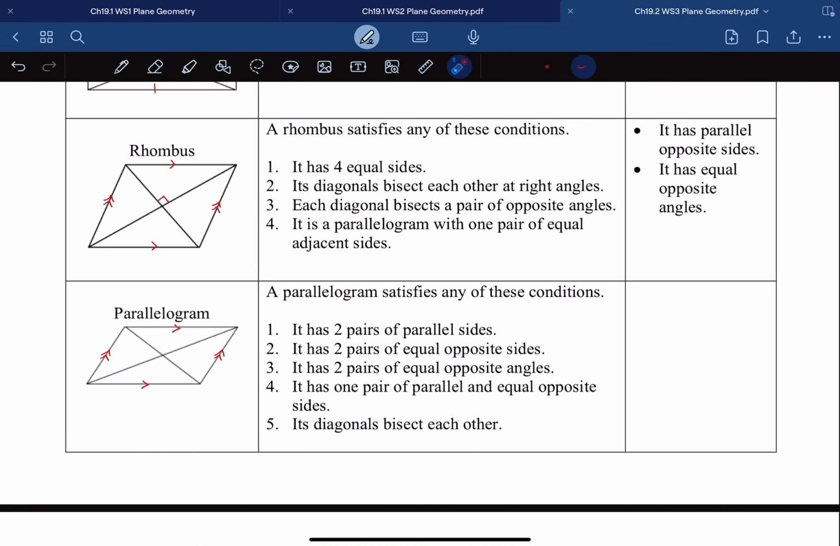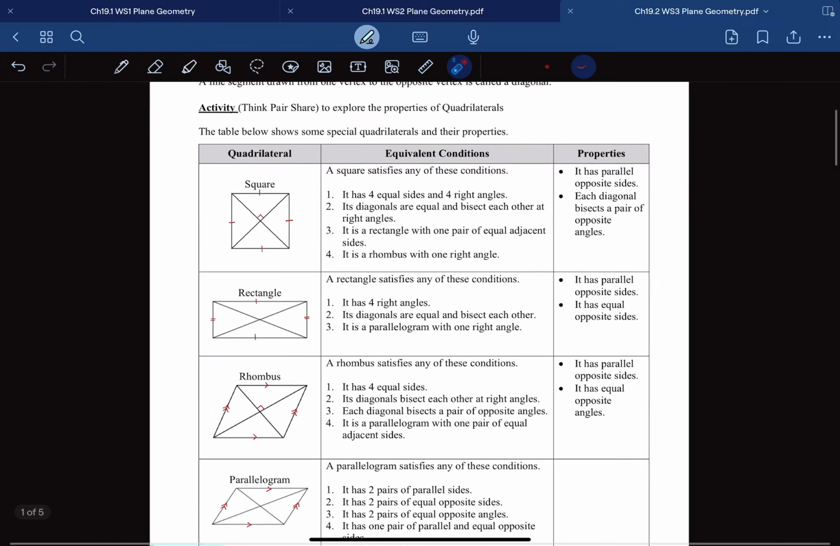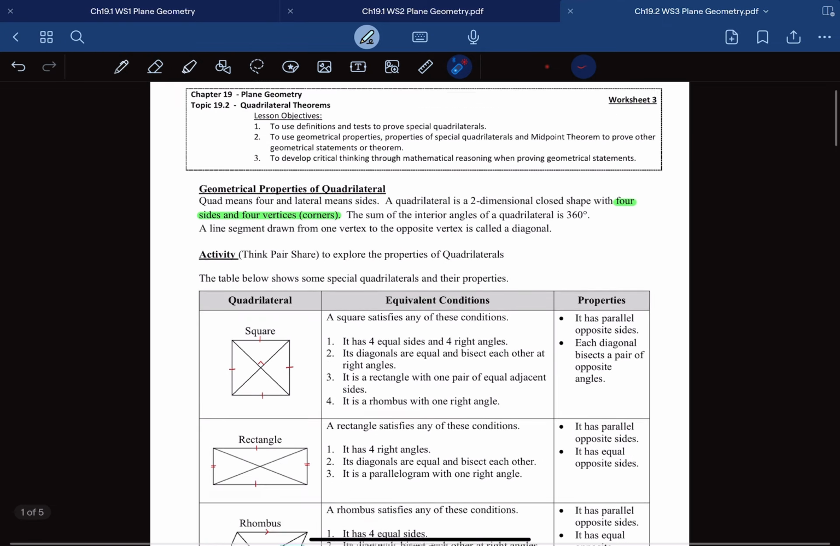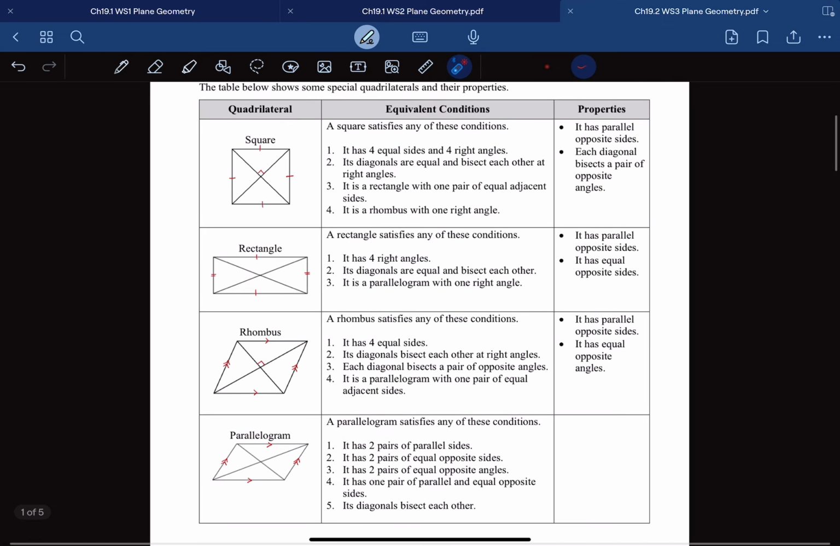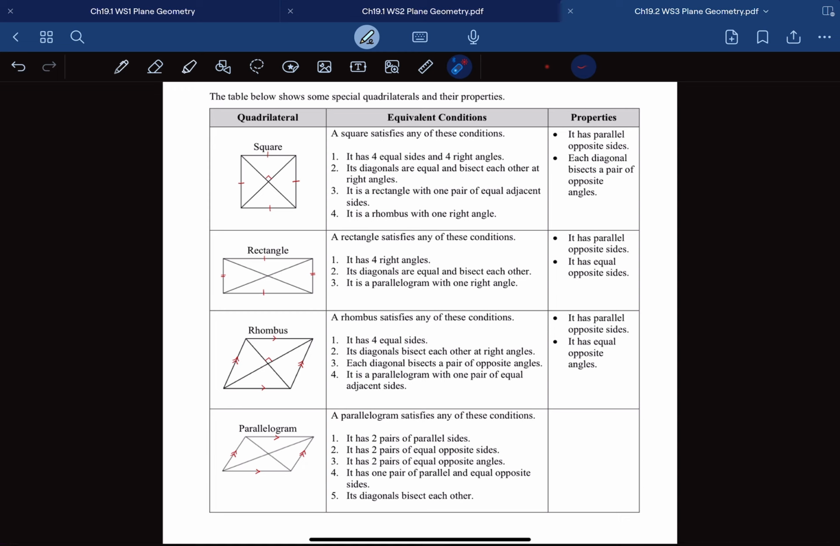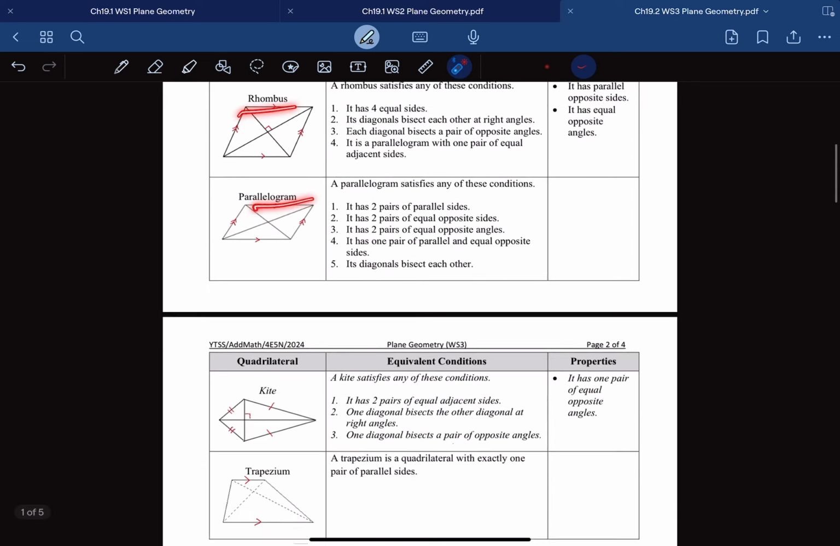A parallelogram has two pairs of parallel sides, and the opposite sides are equal in length, meaning that the length of each opposite side is the same. So what do I need to show in order to prove that something is, let's say, a parallelogram? This is essentially what this whole worksheet is about. I'll leave you to read this for a few minutes. Make sure you read through the different conditions to show if something is a square, rectangle, rhombus, parallelogram, kite,